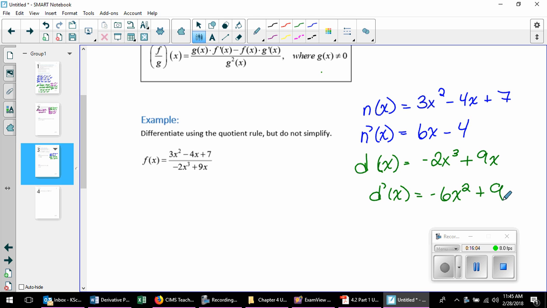All right, so order matters here. So this says original g of x function. G of x is the denominator. So the denominator first, multiplied by the derivative of the numerator. So f prime of x is equal to g of x, which is my denominator, original function, so 2x cubed plus 9x, times the derivative of my numerator, which is 6x minus 4, subtract,